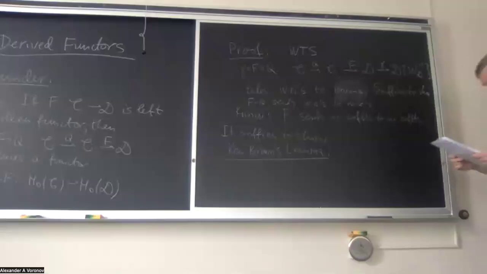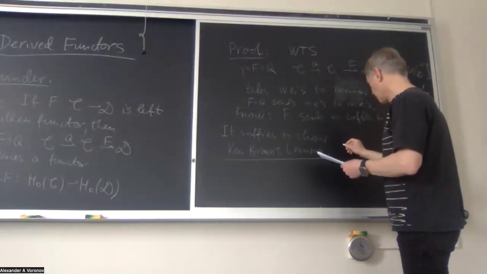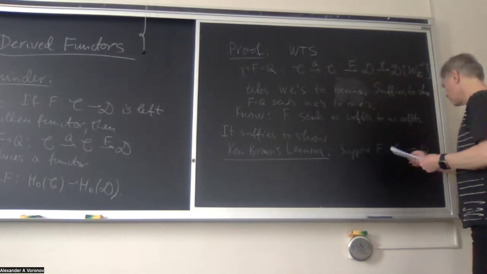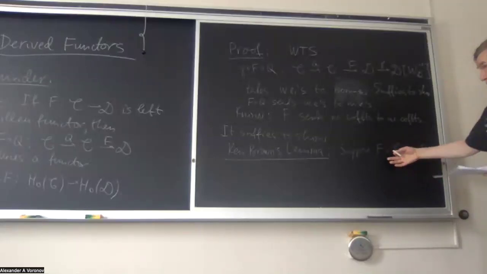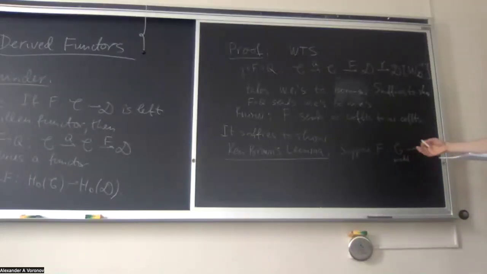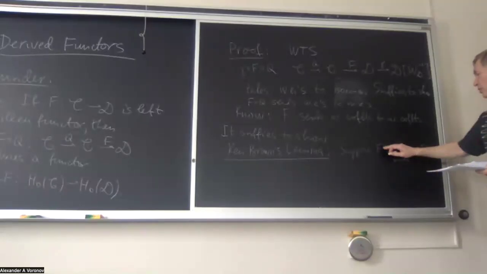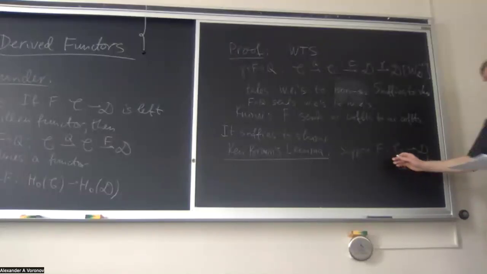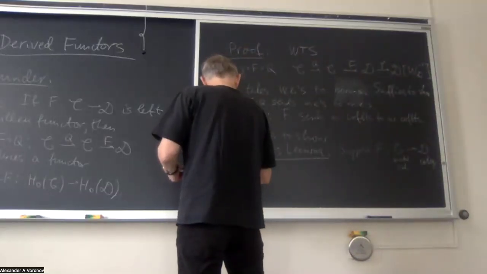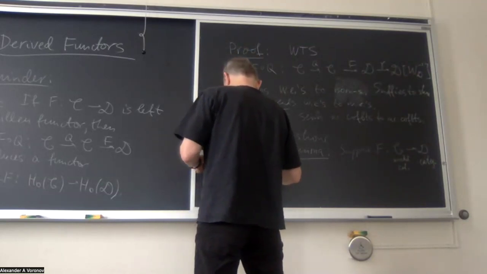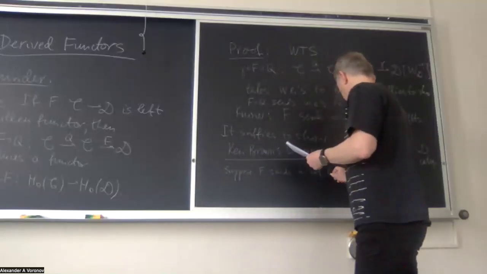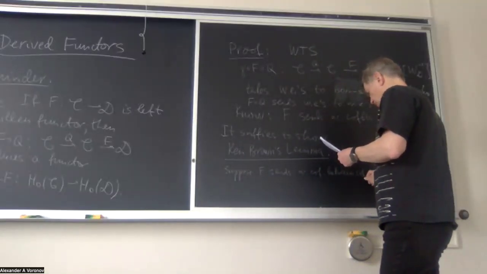Which says that suppose F is a functor from C to T, and C is a model category, so it's a new statement. And here in this case, we'll be talking about F being the composition FQ. So C is a model category and T is just a category, and F is a functor. Suppose F sends acyclic cofibrations between cofibrant objects